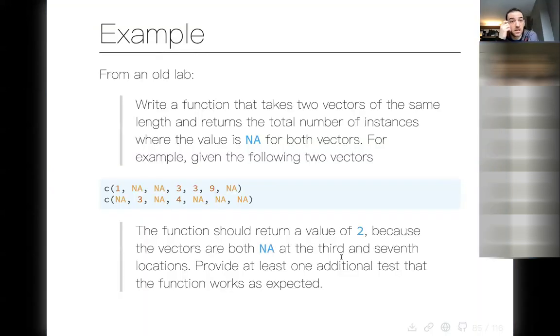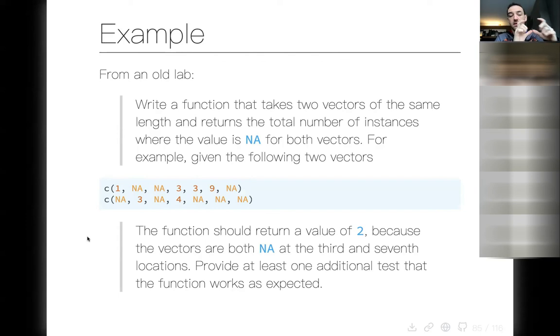So conditionals. This is from an old lab, and we're going to try it. Imagine we have two vectors that look like this, and we want to write a function that returns